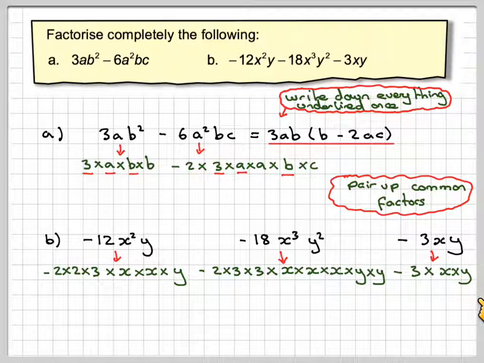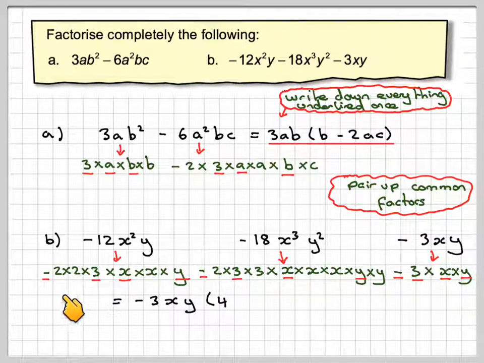So we've got to now look at all 3 terms and pair up things which are common. Well, the minus sign is common in all 3. What else is common? There's no 2 common in all 3, but there is a 3 common in all 3, so we'll underline those. There is an x in all 3. Now for the second x, here there's a second x, but here there is not, so we cannot underline that. For the y, we can pair up. Right, so now write down the minus sign, the 3, the x and the y, and then introduce a bracket,